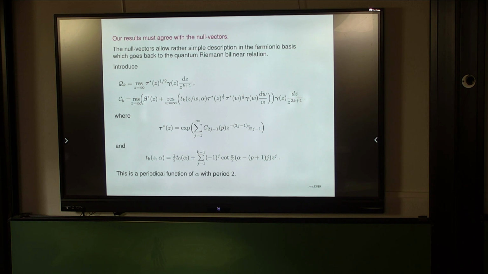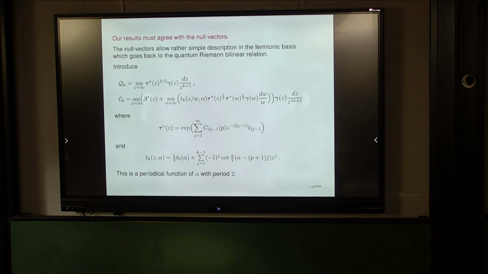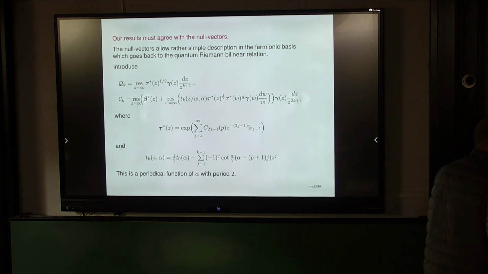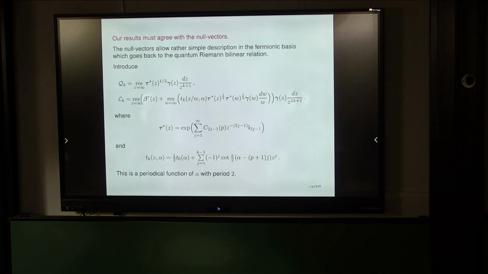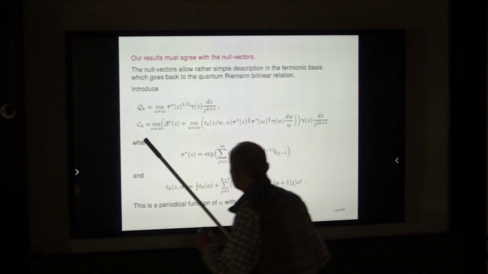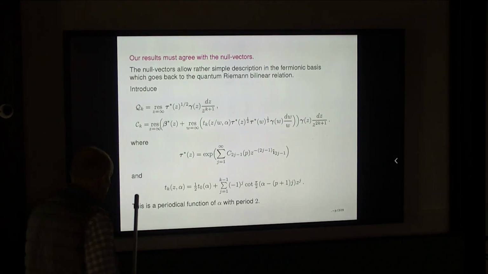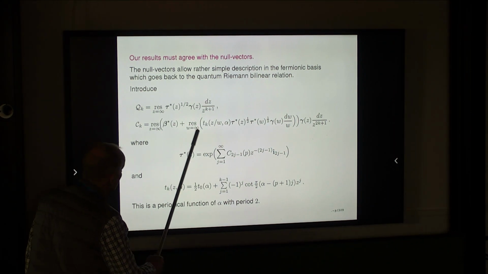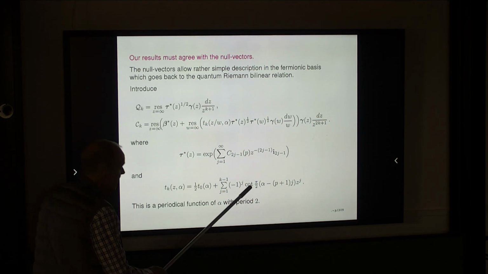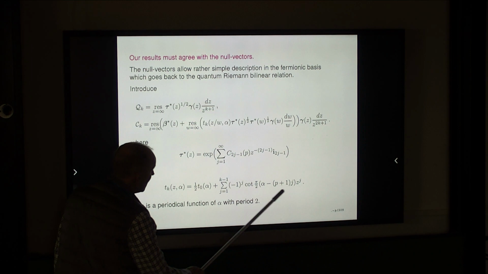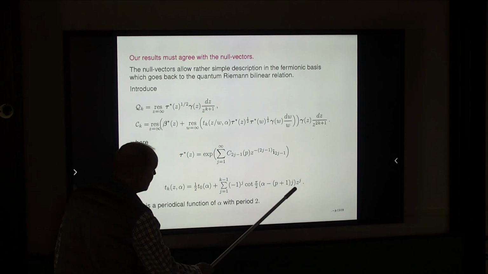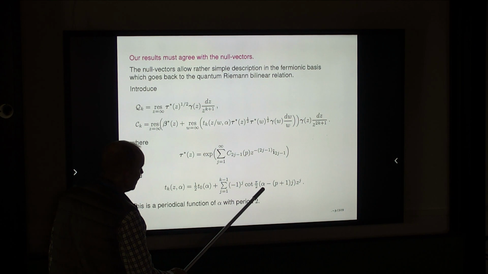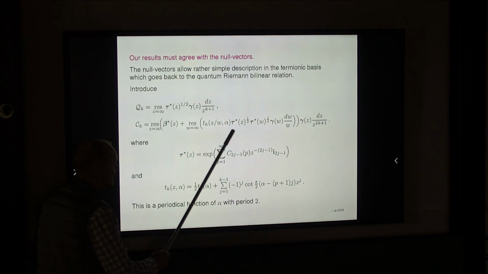And this problem was, up to some generalization, solved long ago in our papers with Olivier Babelon and Denis Bernard. So it looks as follows. It may look complicated, but actually it is not. You have some simple functions, and everything here depends only on polynomials and two periodic functions of alpha.